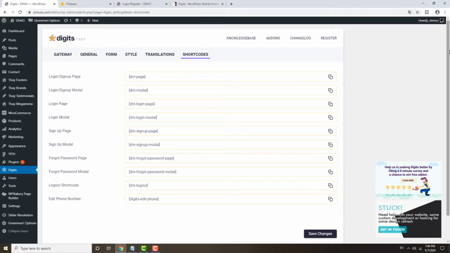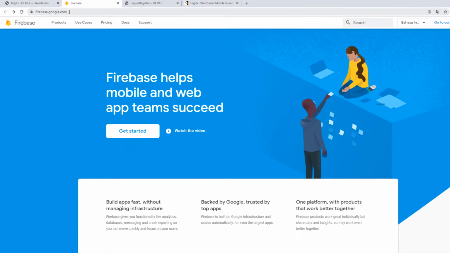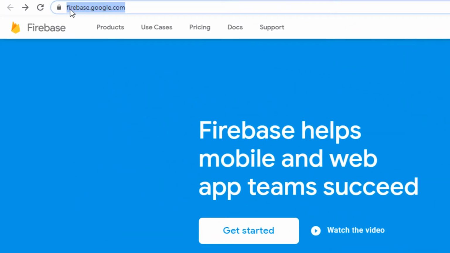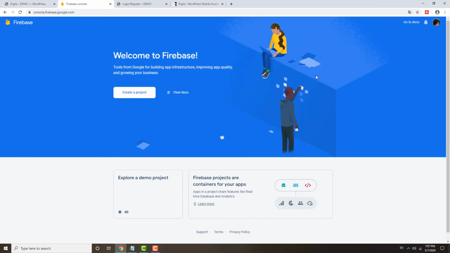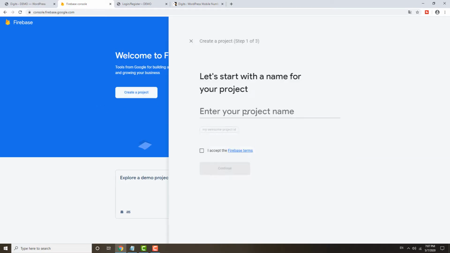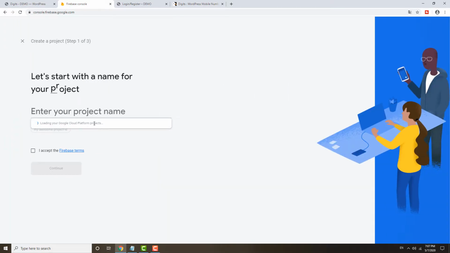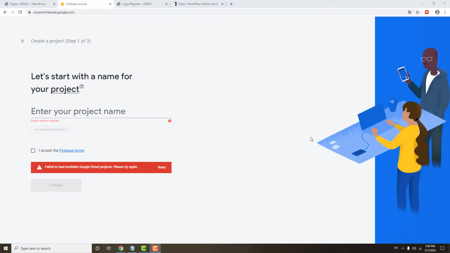So right now I proceed with the Firebase setup. For the Firebase setup, you need to go to Google, firebase.google.com, and then you need to log in, of course, and then you click on Go to console. Then you need to create a project like this one. For example, I create a new project here, and I name it YouTube